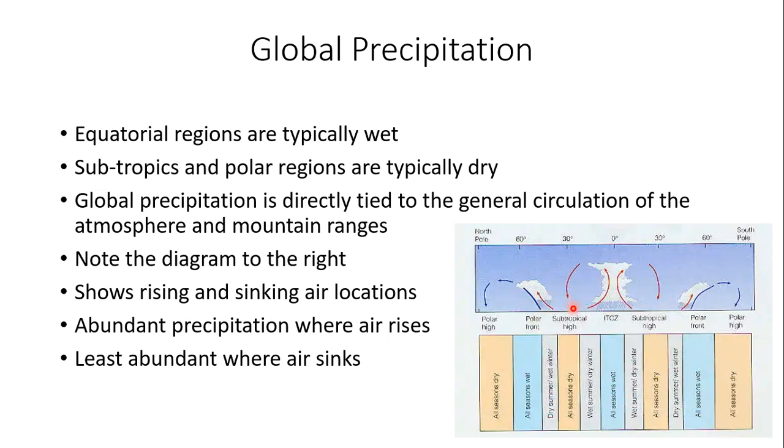Now, once the air reaches the surface after it sinks at 30 degrees north and south latitude, it then flows along the Earth's surface towards 60 degrees latitude, and you have rising air motion again at 60 degrees latitude, at both the north and south latitude. Okay, and that's associated with the polar front. This is a case where you get the polar easterlies to converge with the mid-latitude westerlies, causing rising air motion